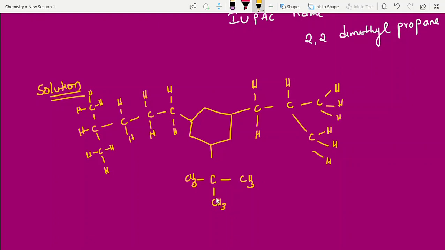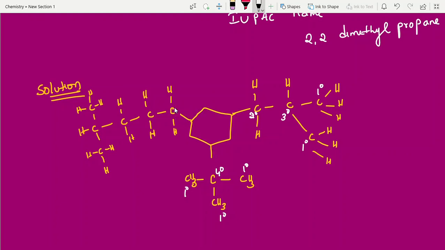So what I asked: primary, secondary, tertiary carbon atoms. This is attached to two carbon atoms, so we call it secondary. Write down, this is secondary. This is attached to 2 degree or 3 degree? This is attached to 3. This is 1 carbon, this is 1 carbon, this is 1 carbon. 3 degree. This is 1 degree, this is 1 degree. A 1 degree carbon having hydrogens are 1 degree hydrogens. 2 degree, 2 degree. This is also primary. This is primary, this is primary. This is what, students? Quaternary.